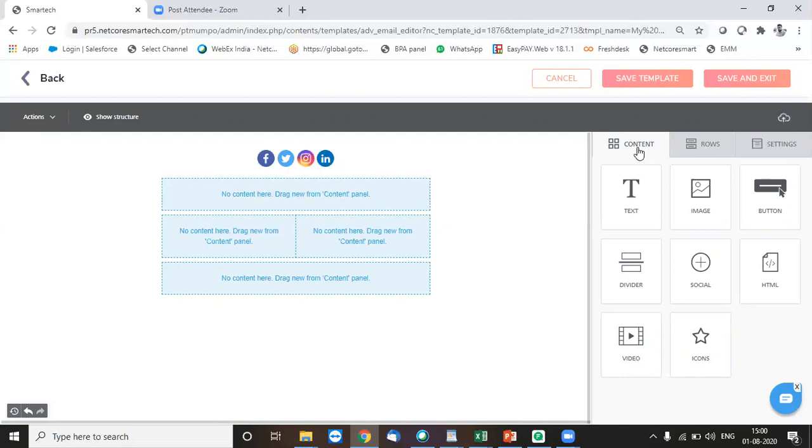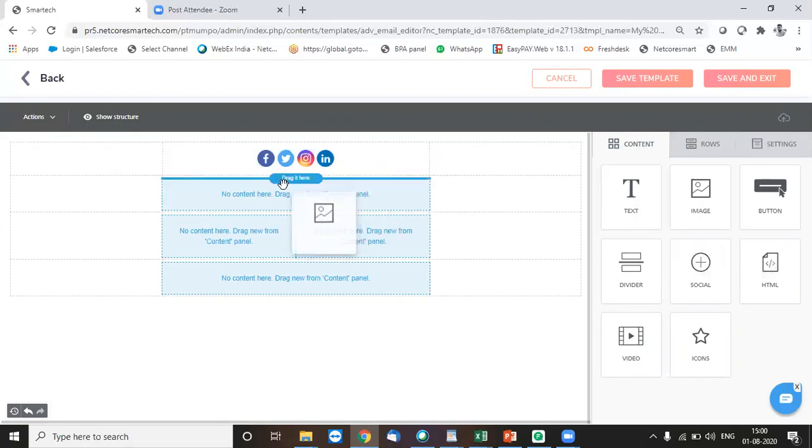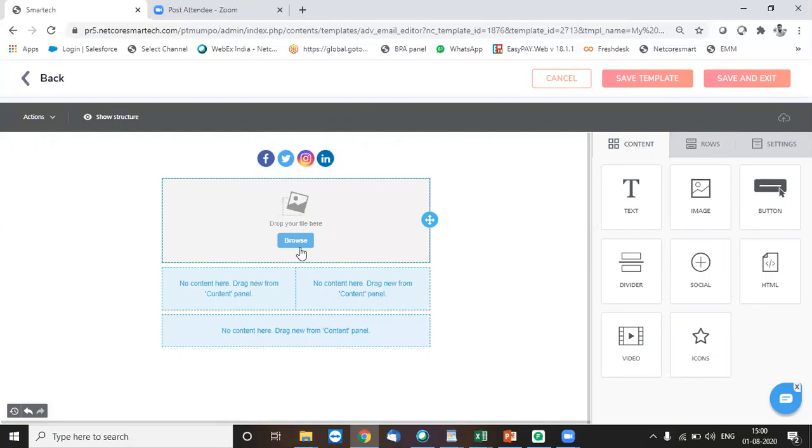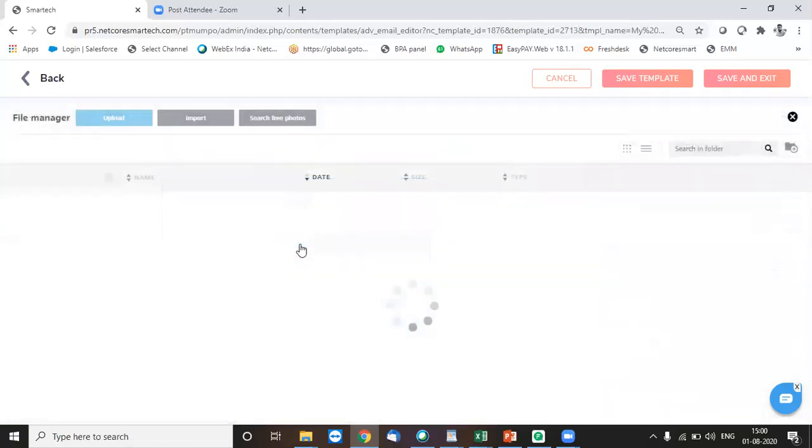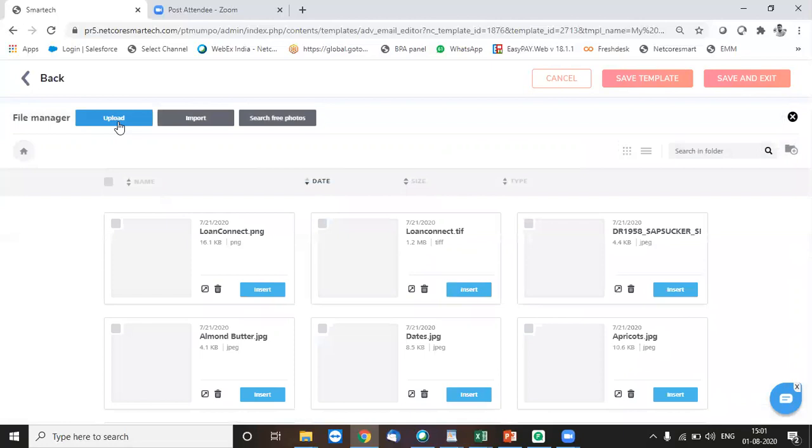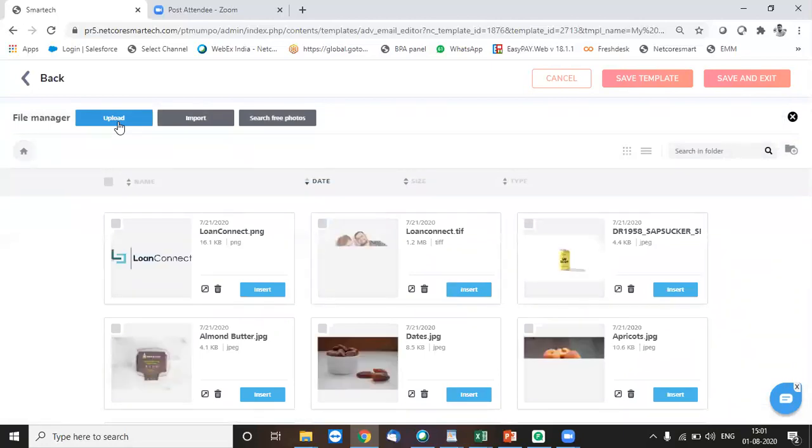Let's say if I want to use a text image over here first, I need to drag the block over here, click on browse. I can upload the images from my system. So I can just, let's say, click on upload.